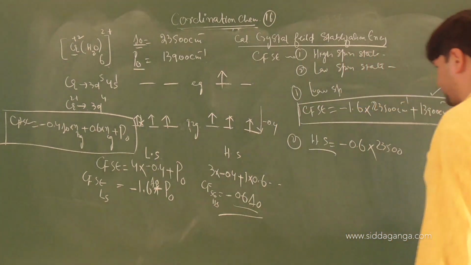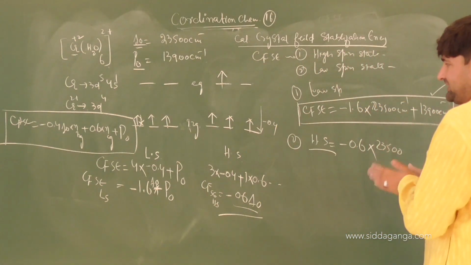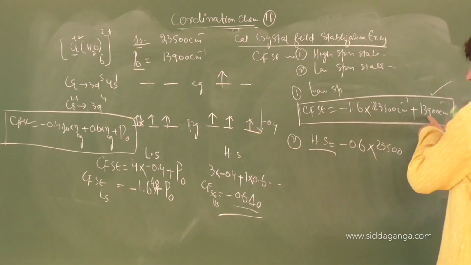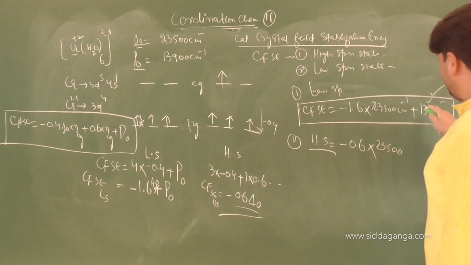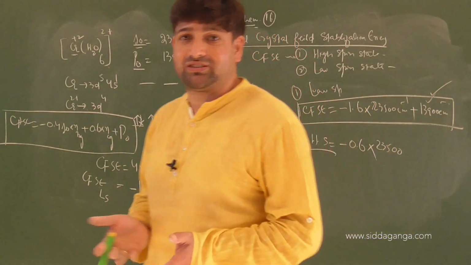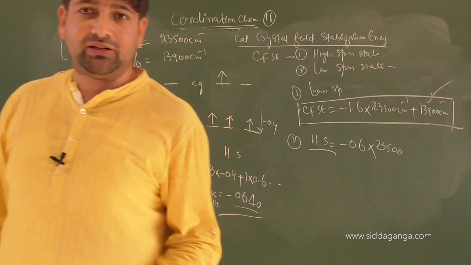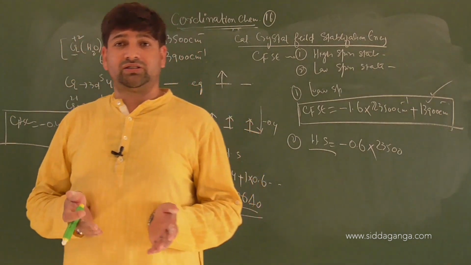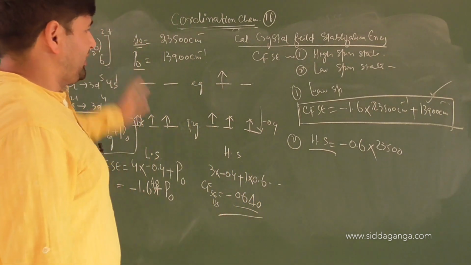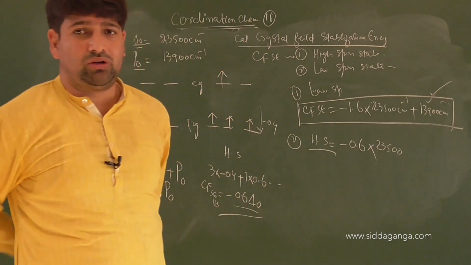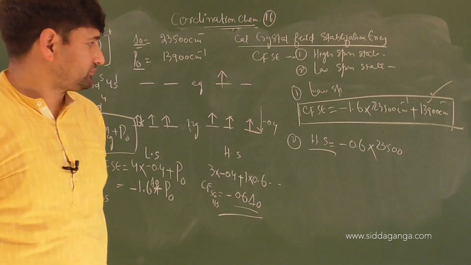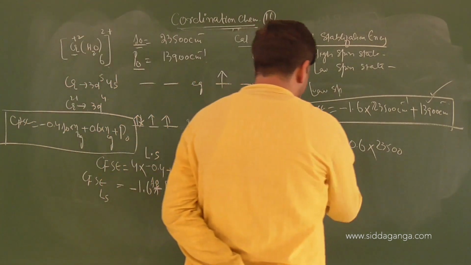This is a very important thing here. The complex is not stabilized or unstabilized by the T2G and EG sets only, but pairing also adds to some stability. That's why pairing should always be added to it. The energy changes on the whole are happening in a crystal. So this on the whole can be said to be the lattice enthalpy of a system as well, right? Lattice enthalpy is the amount of enthalpy change, energy change that occurs in a system when 1 mole of that substance is formed. We are making 1 mole of the complex, and these will be the changes happening in 1 mole of a complex. I hope I am clear with the statement here, everyone. So you can follow these out and reach the answers.